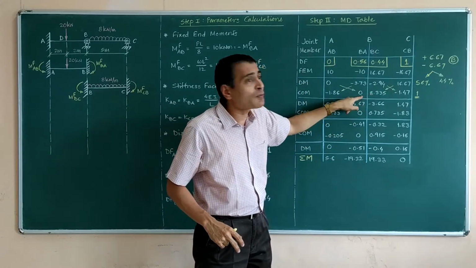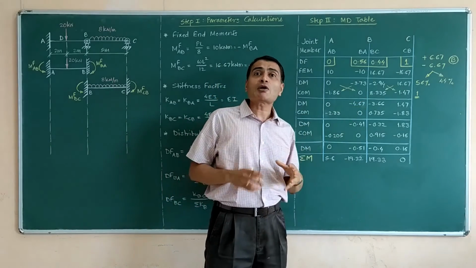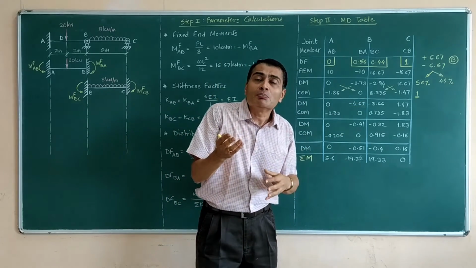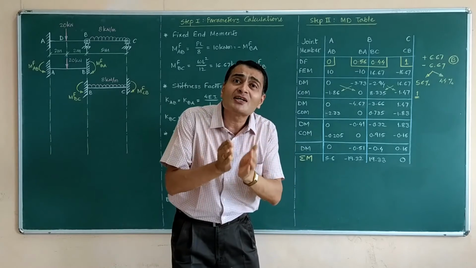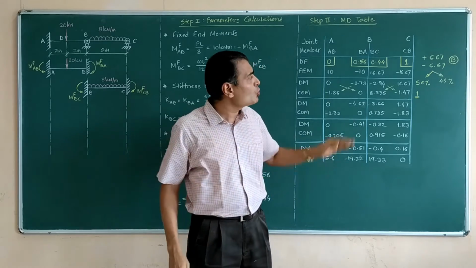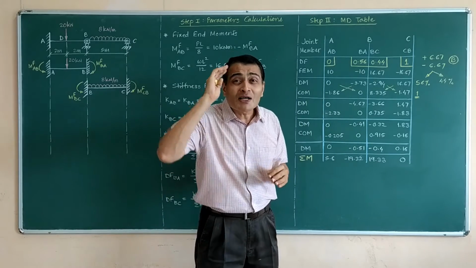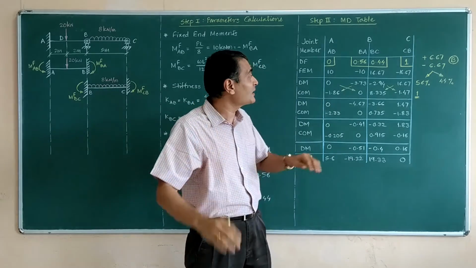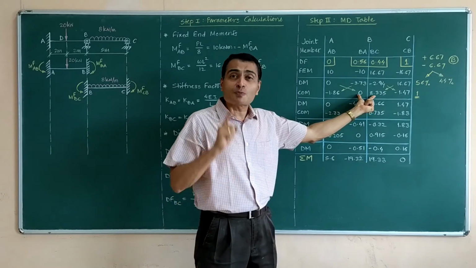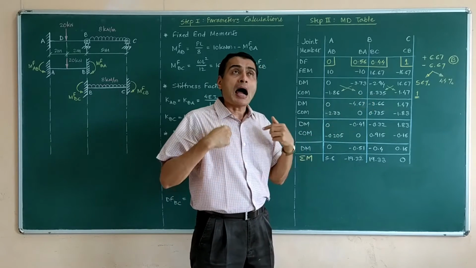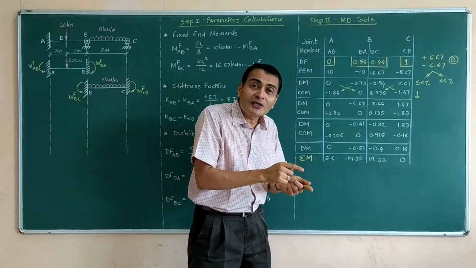Here the difference is positive 8. Then why do I write minus 8 into something? Because we are trying to balance that joint. If you forget this, you are likely to make a mistake in exam. So your thinking while solving the problem should always be like this, that this difference is positive 8.335. I am applying negative 8.335.